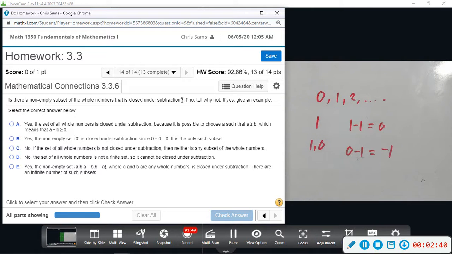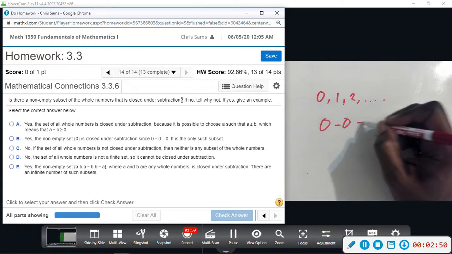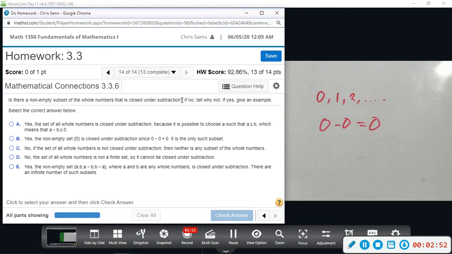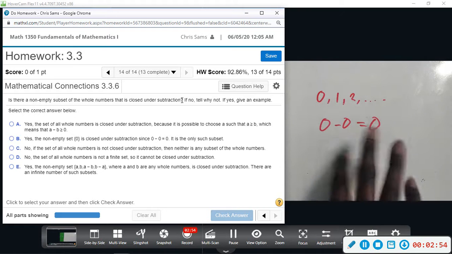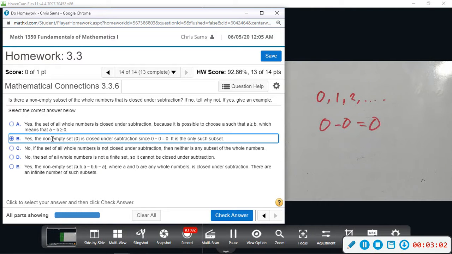So you can't just have one number that's bigger than 0. However, we could use 0. If I use 0, I can do 0 minus 0. That's 0. That's the only thing I can use. Changing the order doesn't matter. So this would be the only set that would work. So B says that